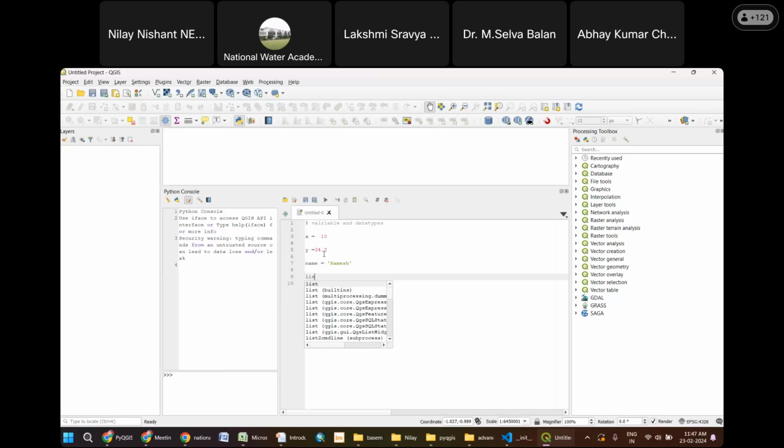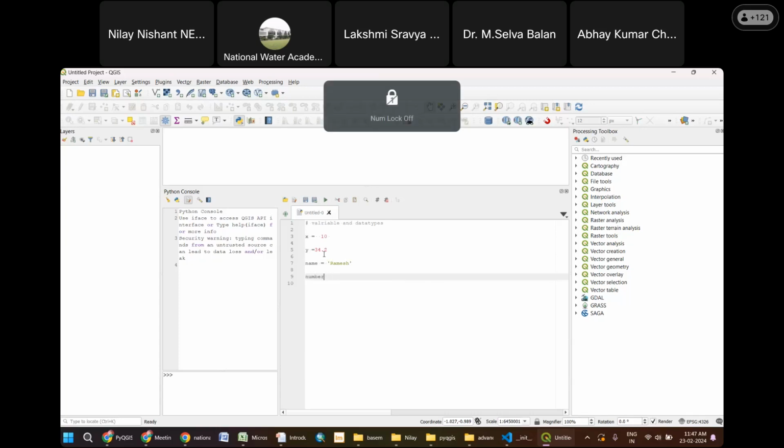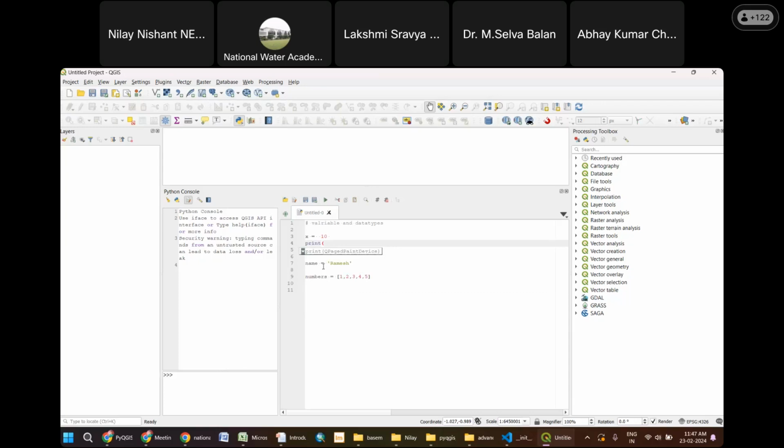Then you have something like a list, wherein you can store numbers. Numbers would be stored as an array. So I can go ahead and store 1, 2, 3, 4, and 5. So these are your list operations. And finally, you have a dictionary, or a key value pair. So let us go ahead and print all these and see what we are able to see in the console. So if I go print x,